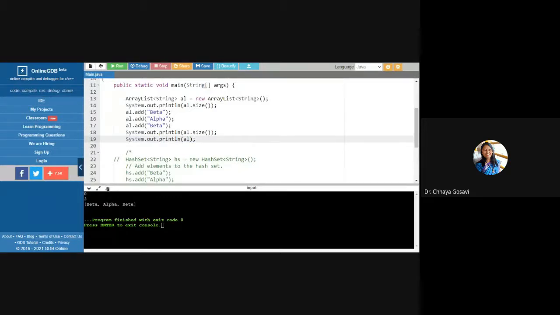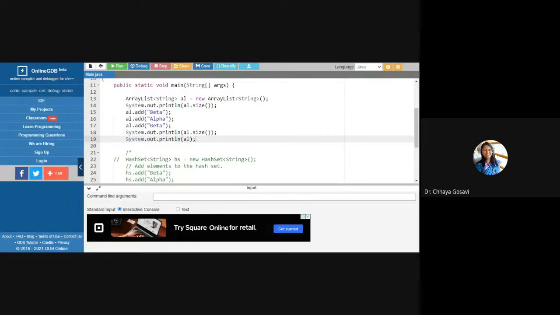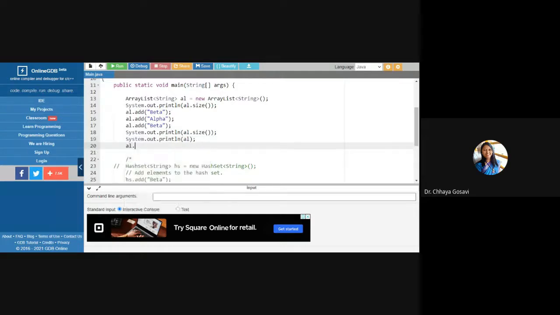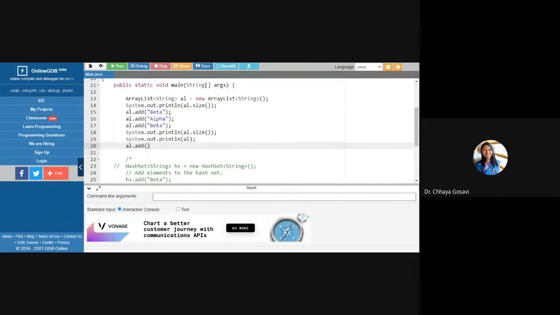Suppose I want to add an element in between alpha, beta. Here I want to add gamma, suppose at this location. So again, there is a function, say add only, al.add. Now here I can specify the index at which location, 0, 1, 2, at second location, and what I want to add, say gamma.